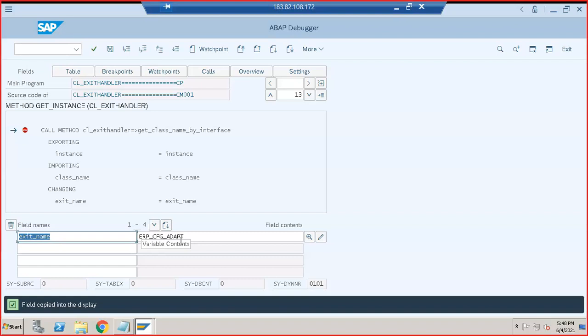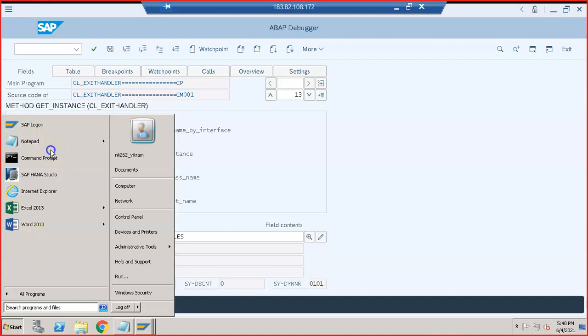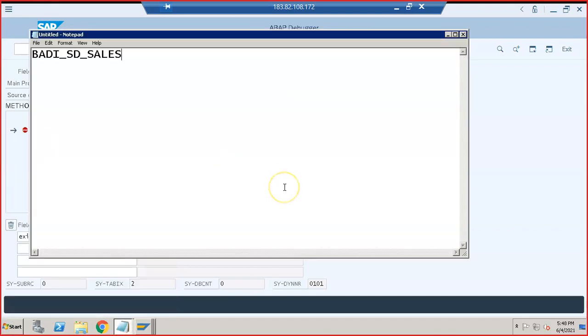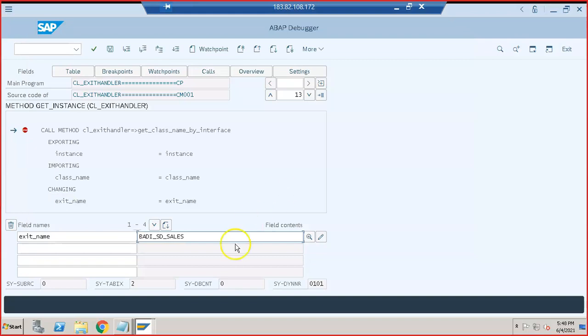Now every time it executes, it comes here. So I'll click F8 again. What does F8 stand for? Complete execution. It will go for complete execution, and then again BADI_SD_SALES is there. We'll copy that. Normally what we do is copy the BADI name, and later we'll analyze the BADI names and find out which BADI is appropriate for our development. It takes some time, as I told you. By descriptions we can find out what exactly is the functionality.